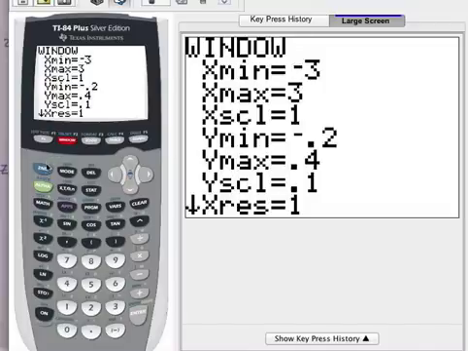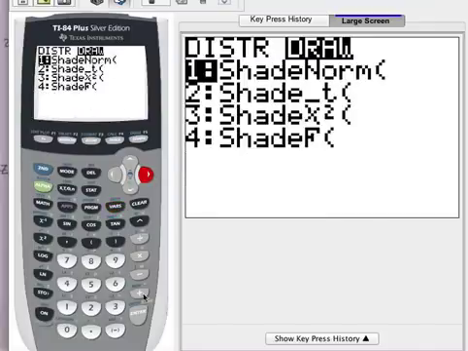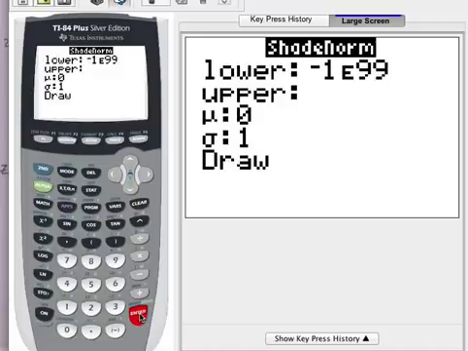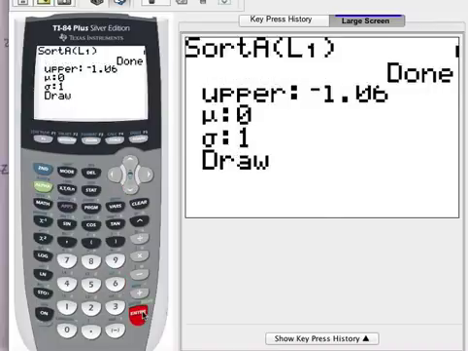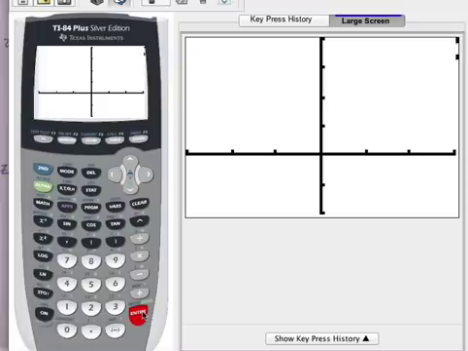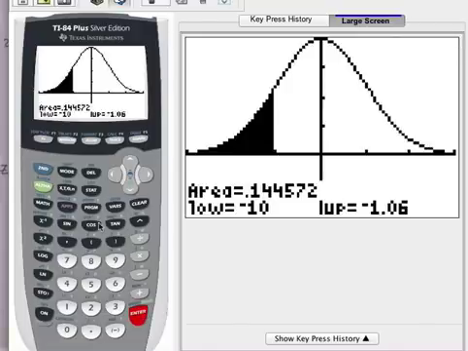With that window set, I'm going to go to Second, Variables, the vars button. I need the Draw menu option. There's the shade norm command, so I'm going to press enter. The lower boundary that we've specified is -10. The upper boundary that we want is the z-score we calculated, -1.06. Then we can highlight draw and press enter. We'll see the shaded region on the screen, and it will give us the area. In fact, that area is the percentage that we've been looking for. So it's about